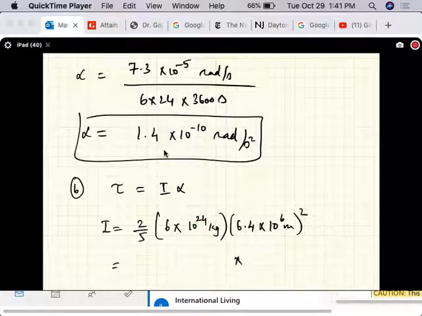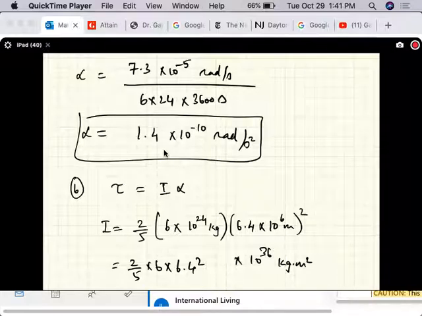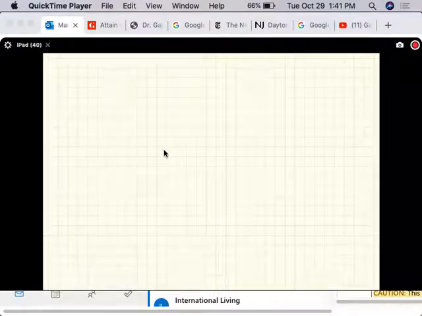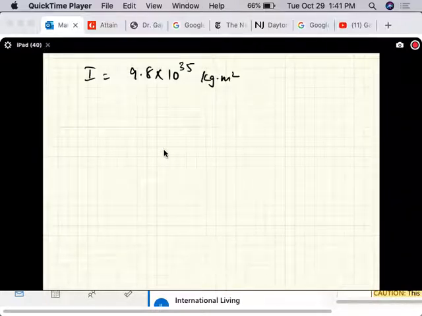So 2/5 times 6 times 6.4 squared. So the moment of inertia is 9.8 times 10 to the power 37 kg meter squared. The torque you need to apply is I times alpha, which is 9.8